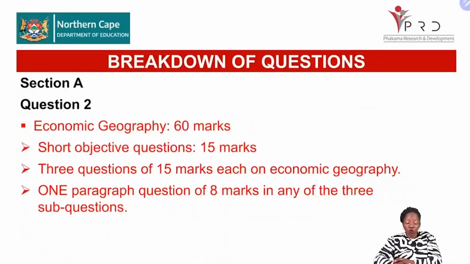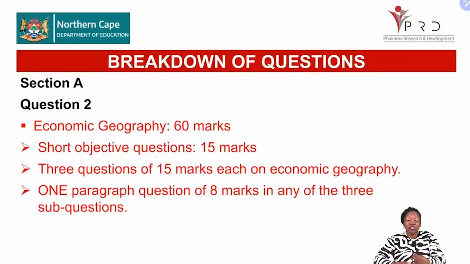Then you move to your question 2, you are still on section A. Under your question 2, you should expect any question from your economic geography. Remember, when I'm saying any question, it means you shouldn't be selective when you are studying. Make sure that you study everything because you will never know which questions the examiner will be focusing on. Especially for your economic geography, because you are given some of the topics that definitely will be there, like your